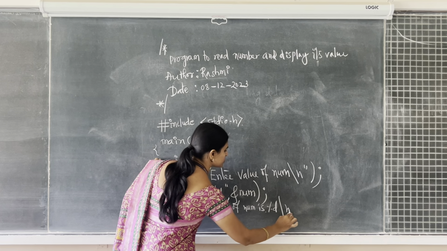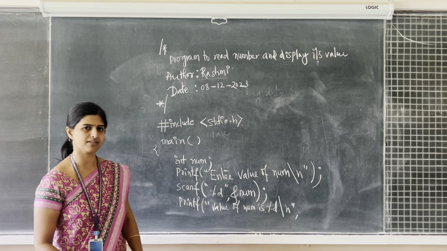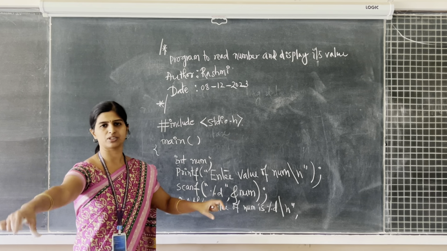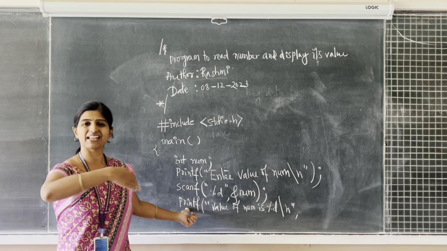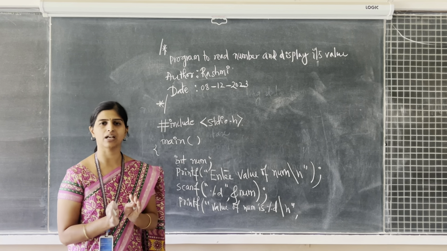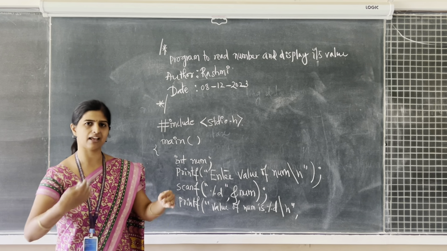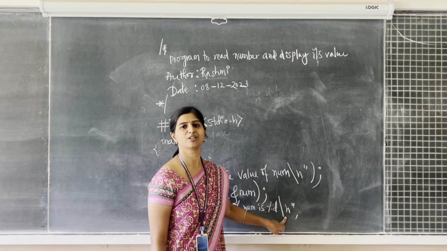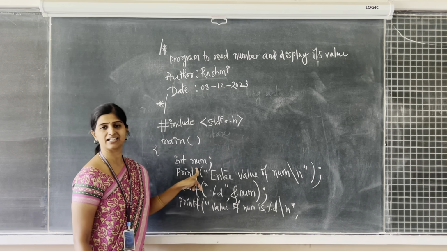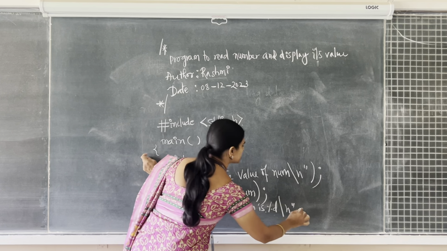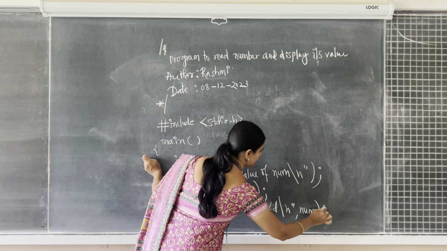Now I will be making use of backslash n, the new line character. Why the new line character? Otherwise, what happens? It will appear in the same line. After printing this message, everything that follows will come in line with this statement. I don't want that to happen. I want the next set of statements to be printed in the next line. For that I am making use of backslash n. Then comma, this percentage d basically indicates the num value, so write its variable name num. Then complete this parenthesis and put a semicolon.